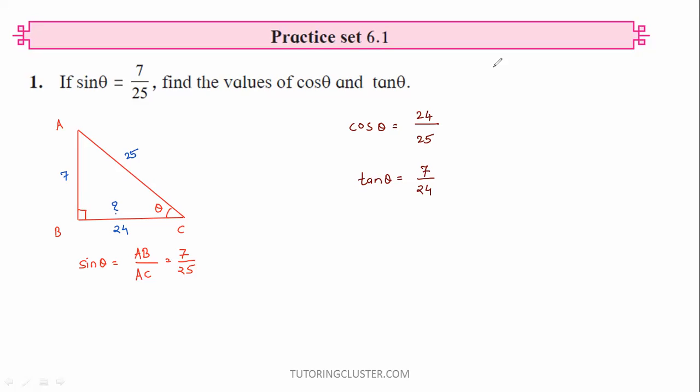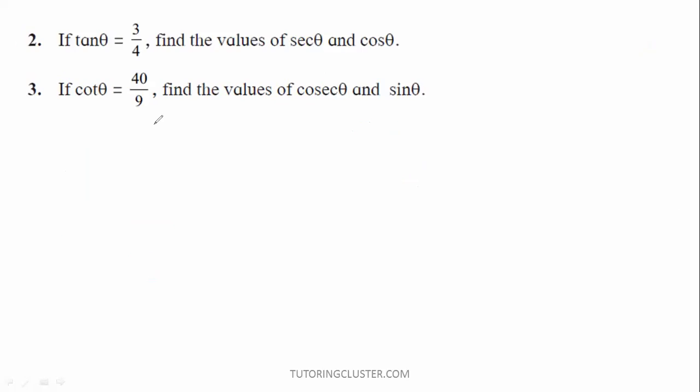Now, next, see example number 2. These two examples you can try. You can take this as homework because we have already discussed 3 to 4 examples of such type. Simply draw the right angle triangle, define the trigonometric ratio, using Pythagoras theorem find the third side of the triangle, and find the given trigonometric ratio. That is a simple method. So you can try these two examples. If you have any doubt, you can ask.